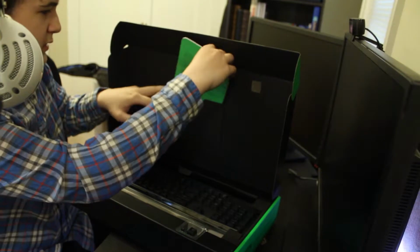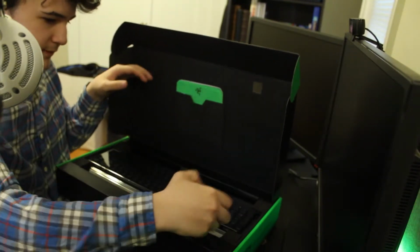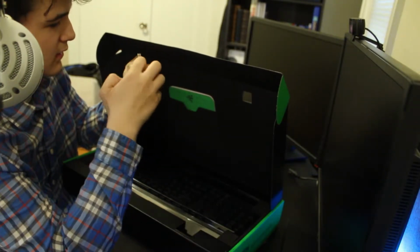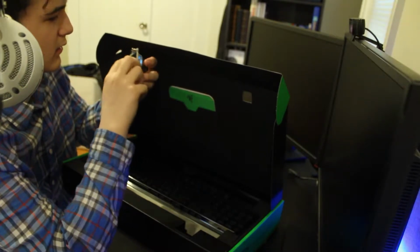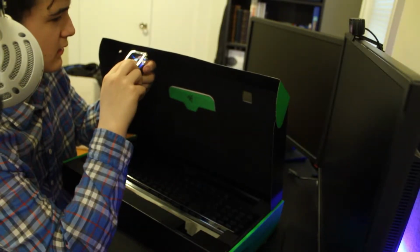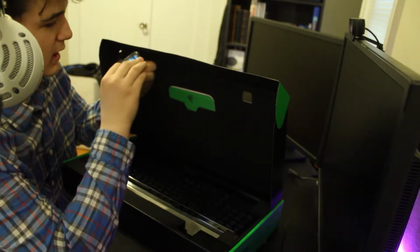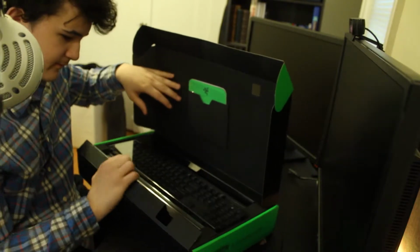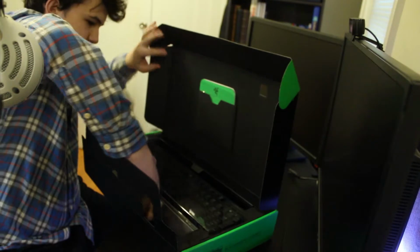Sounds neat. I'm going to put that right back there, because I like to keep things pretty nice. Okay, here's this keychain. Wow, that's a massive keychain. What are you supposed to do with that? You're supposed to put this on your key? Yeah, no, I'm not doing that, but I'll keep it in the box, because that's cool. Cool to have. I'm going to assume you do something like that, and then...